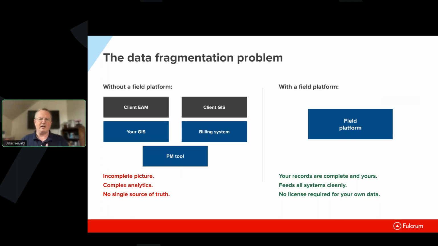And I am not required to get separate individual licenses for all the different possible things that I could possibly use to get my own data. I've got it. I control it. I own it. And that ownership is a huge, huge requirement for the field.